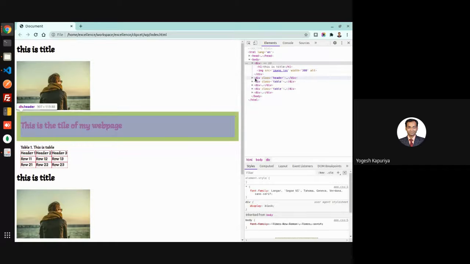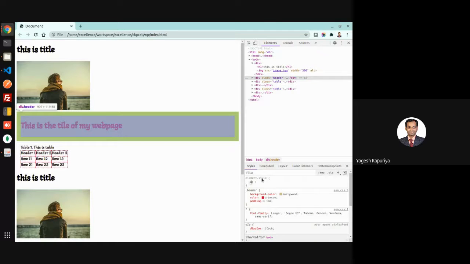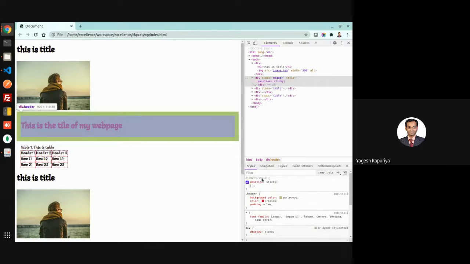So for that, you can use position as sticky.